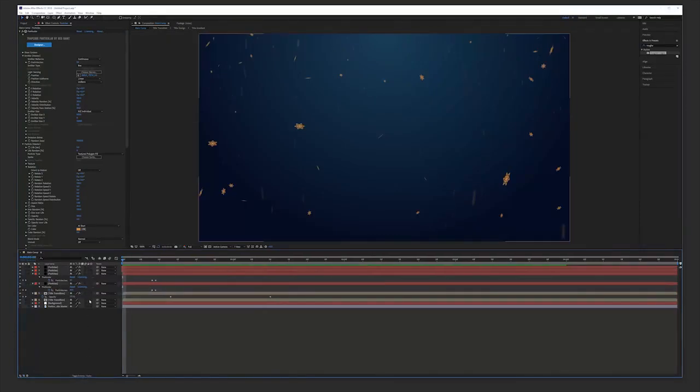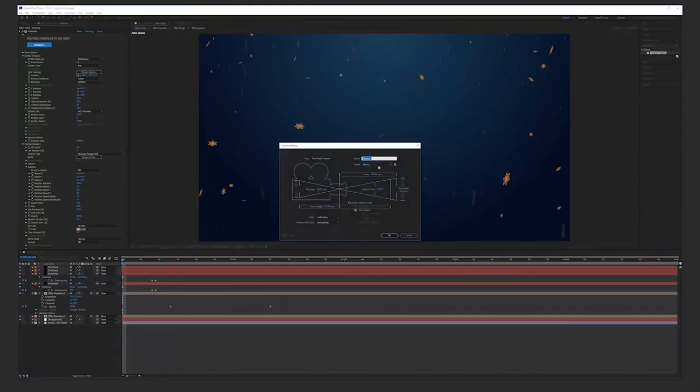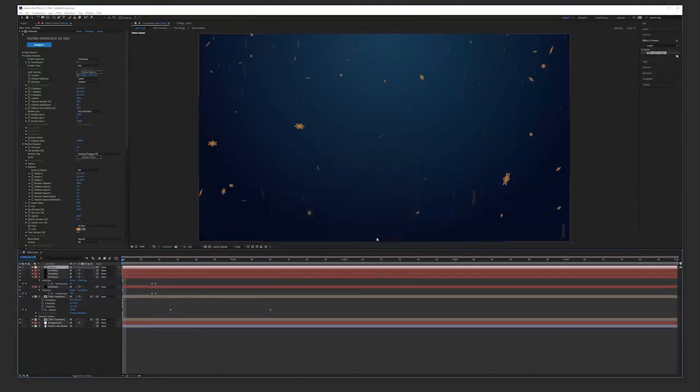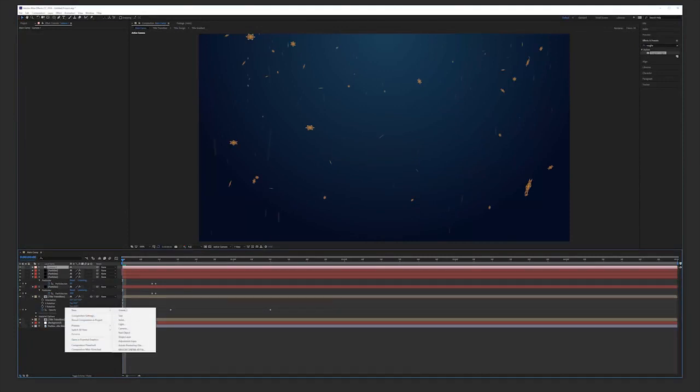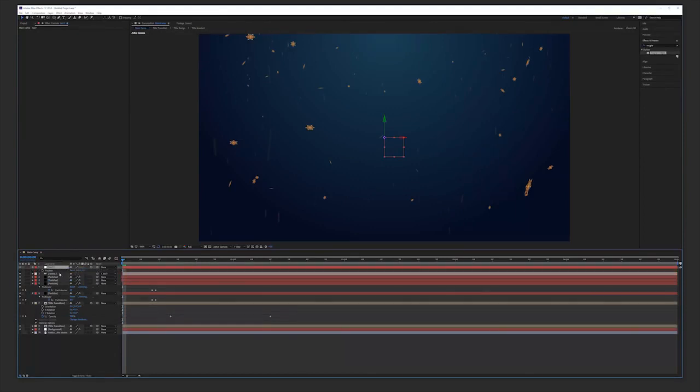Then make your titles 3D and create a new camera. Make it 35 millimeters and add a new null object also. Make this a 3D null object, and this is going to be the control of our camera, so bind your camera to this null. Then click on the stopwatch for the position, move that keyframe a little bit more into time where our title is